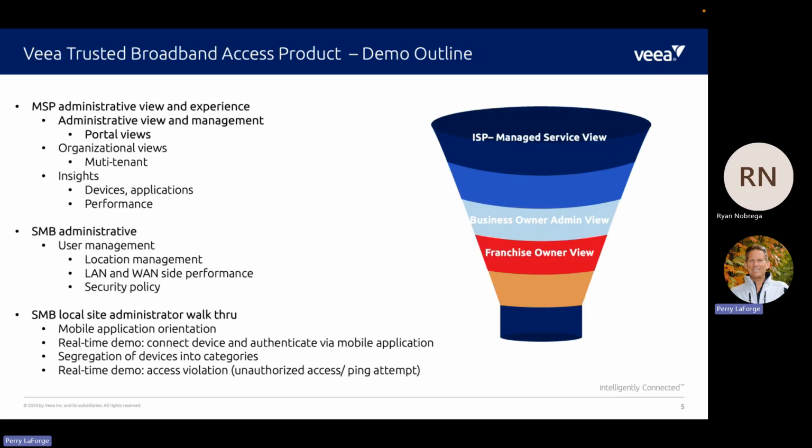Today's view that we'll walk through in terms of a construct for the demonstrations: we'll start first with the MSP view or ISP view, the administrative view from the operator perspective. We'll show the organizational views, how the ISP can then look across multi-tenant, so multiple customers. And then we'll drive into something we call insights, which is all the rich information we get on devices, application, and the performance side. We'll then drop down into the SMB administrative role,